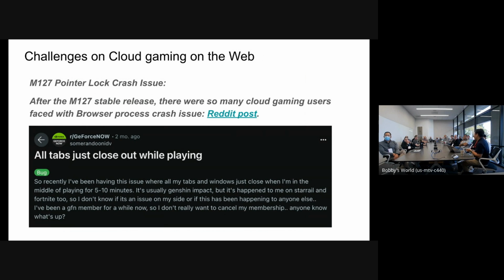At the end of July, we saw this post across all the cloud gaming services. All tabs just gone. It's like crashing the browser process compared to the web process. So the users were upset because all the tabs were just gone. Even worse, just a mouse click made the browser crash.